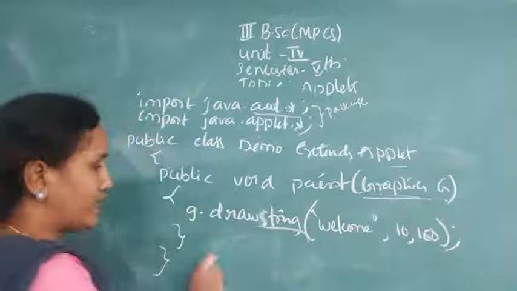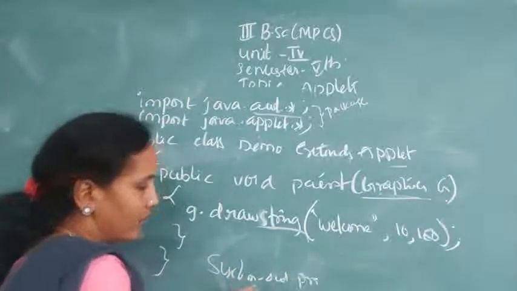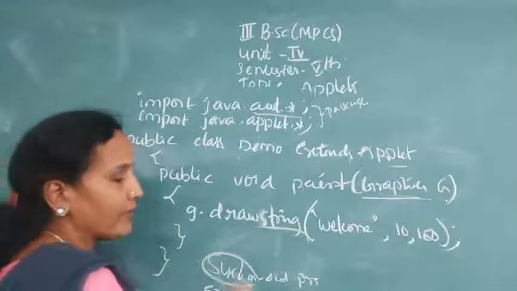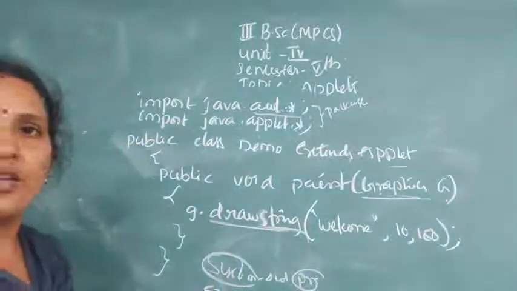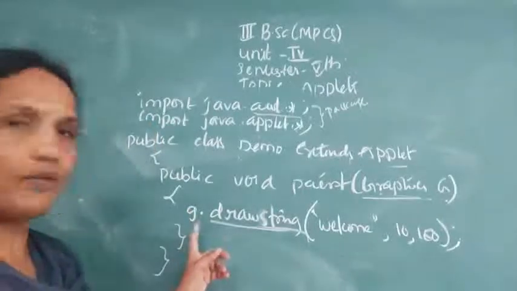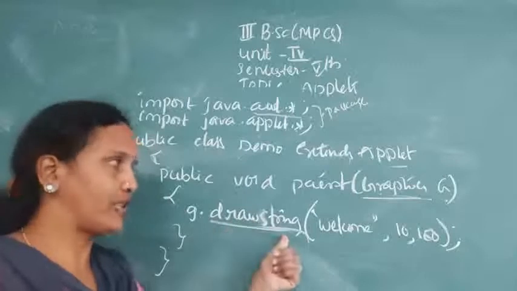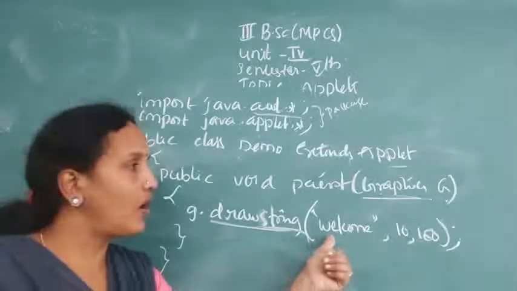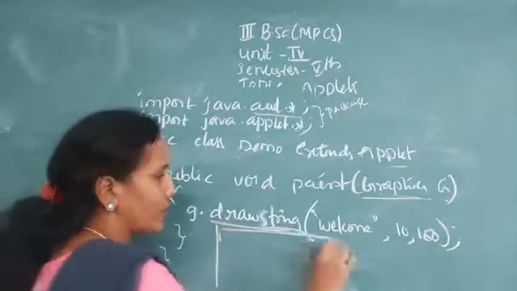Understood? Say, for example, System.out.println. Here System is the Graphics, out is the g, and println is the drawString method. Like that, if you want to use the drawString method, we need an object of Graphics. So g.drawString("Welcome"). What message are you printing on the browser window? Welcome. And how much area are we drawing? Example, this is a browser window.